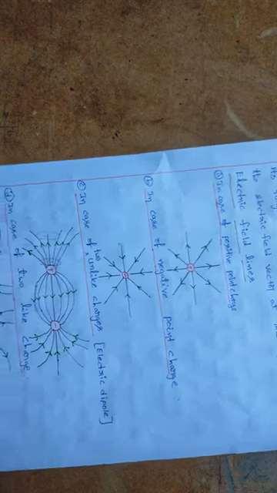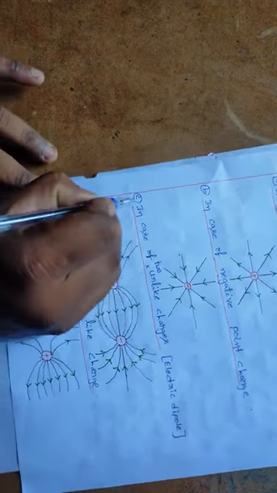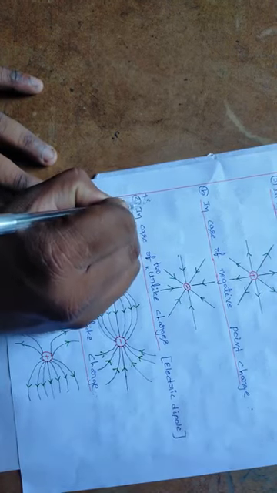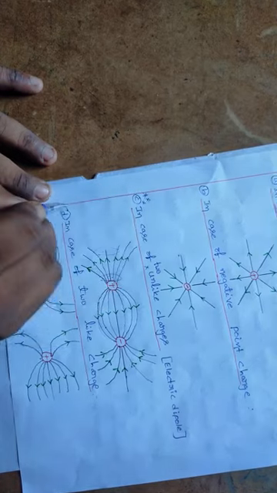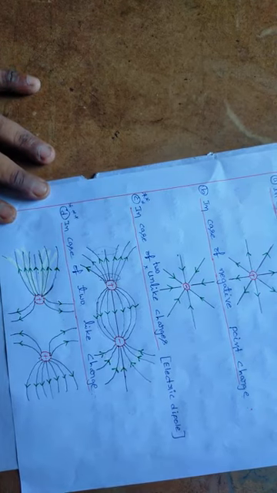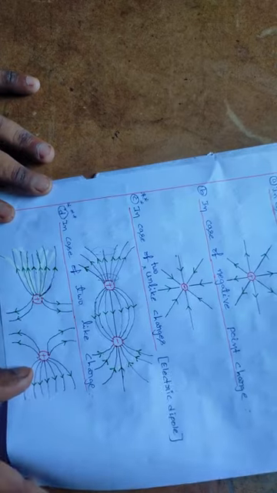Dear students, drawing of electric field lines in different cases, that means in case of a positive charge, in case of a negative charge, in case of a dipole, in case of like charges, in which these two are very important. They may ask them from the examination point of view. For 1 mark, 2 marks they were asking this one and this one, for unlike charges and like charges. Okay, it is very important.